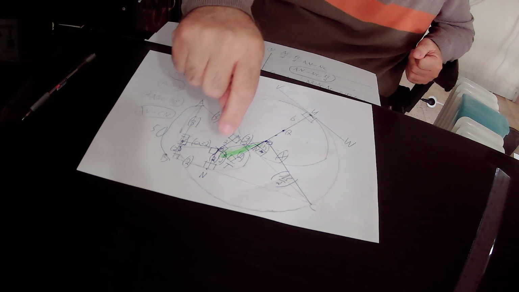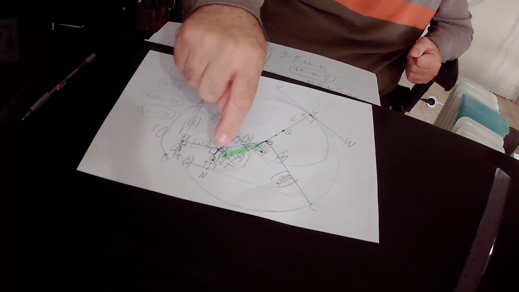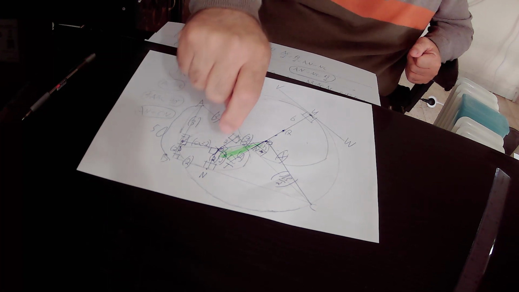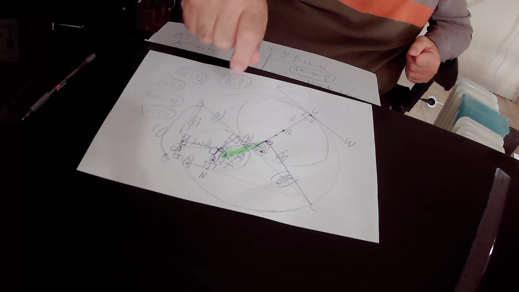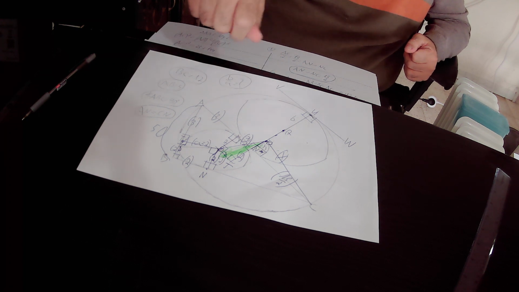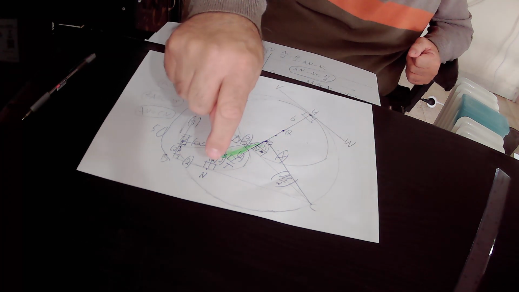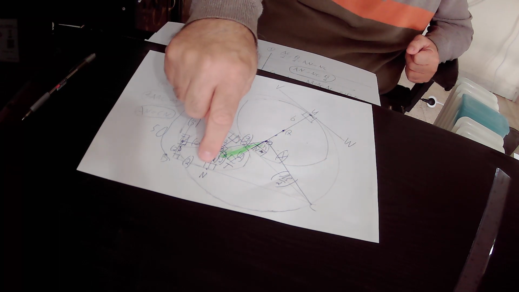We join points P and N together by a straight line. PN is the radius of this circle that is equal to 2. The radius PN is drawn to point N, that is the point of tangency of tangent BC with this circle. Whenever you have a radius drawn to the point of tangency, the tangent BC will be perpendicular to the radius NP. So if BC is perpendicular to NP, this angle equals 90 degrees